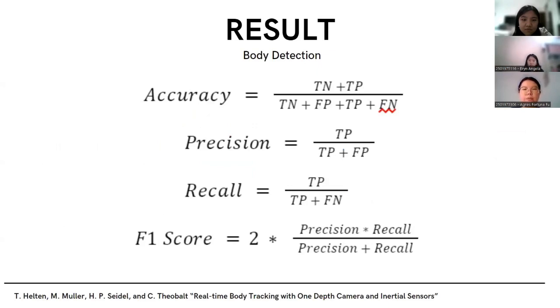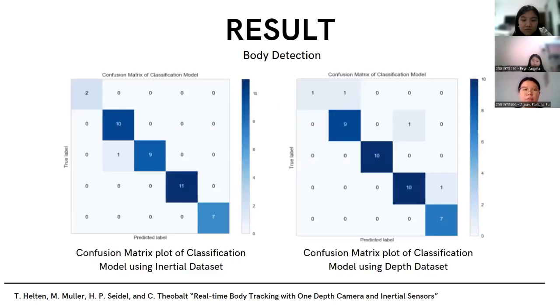In the body detection, there are 4 metrics that will be used for our calculation: accuracy, precision, recall, and F1 score. And we'll be using 3 datasets, which are the inertial dataset, depth dataset, and skeleton dataset. For the confusion matrix plot of classification using the inertial dataset, we are able to calculate the predicted result with the accuracy result, which is 97.50% accuracy, which is very high, and it's the same with the confusion matrix plot of classification model using the depth dataset, which is the predictive calculation with the